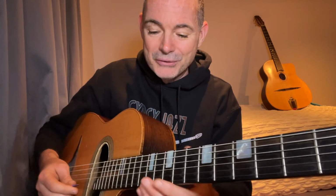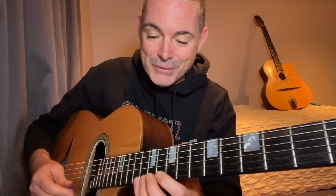Okay, so that's the first A section. D major, 2 bars, then the 2-5s. So what's happening? Over the D, we're playing a phrase which I heard Biréli Lagrène play on his Gypsy Project album. He starts his solo like this. Even the greatest in the world is not always shredding, which is great. So he plays